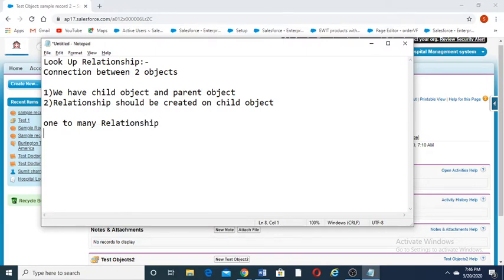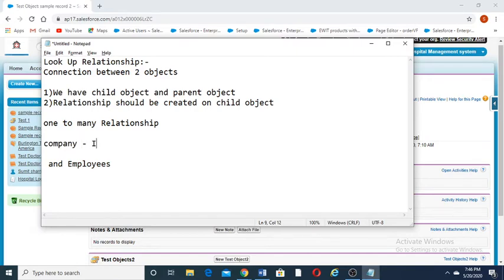In a one to many relationship, I can give you an example of a company and employees. Let's say the company is IBM.